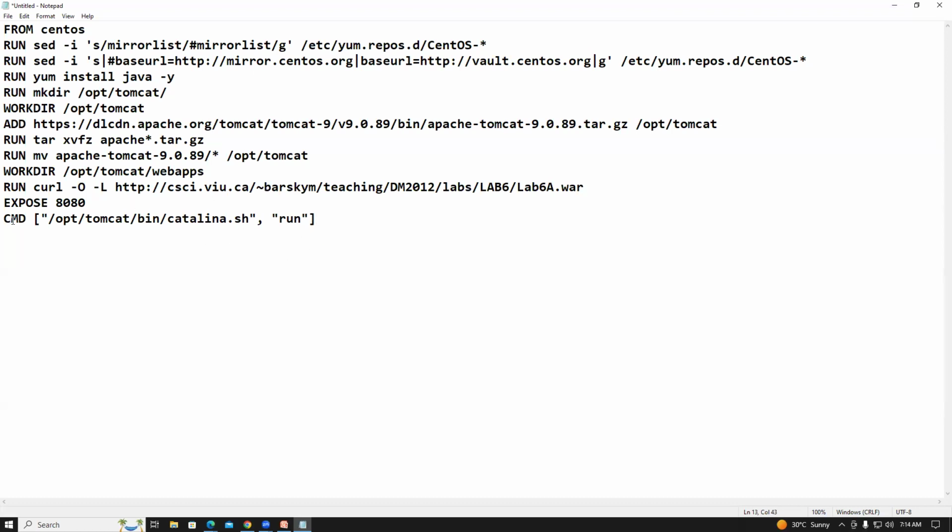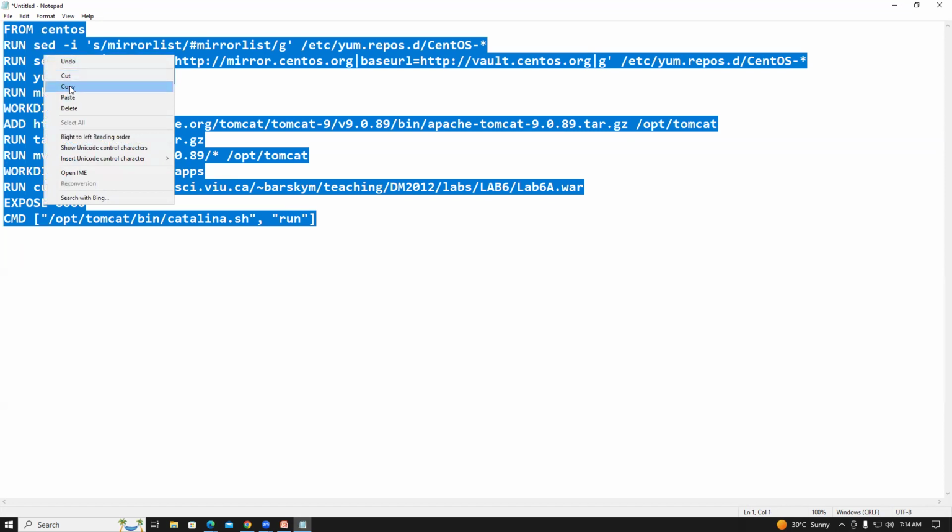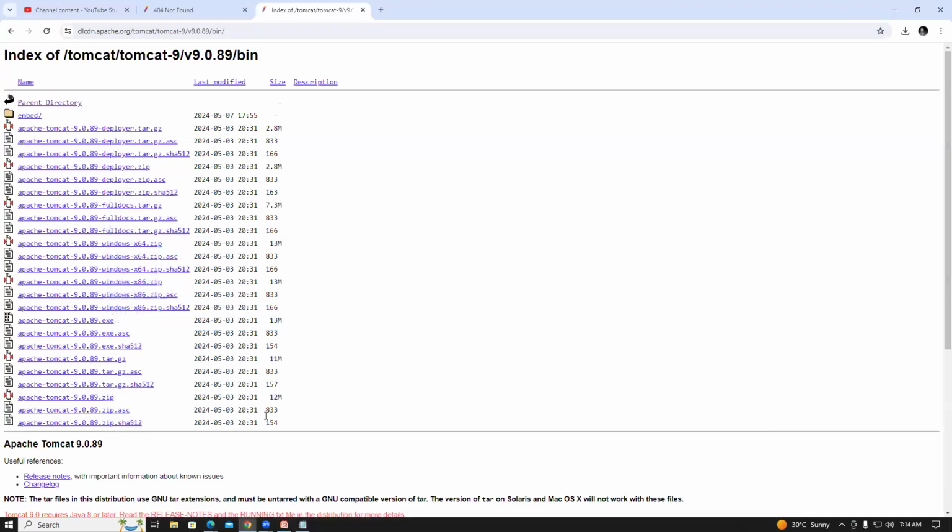CMD, right? CMD will execute while running the container. CMD will execute while running the container, right, guys? Yeah, so this is the CentOS copy. I'm copying this and